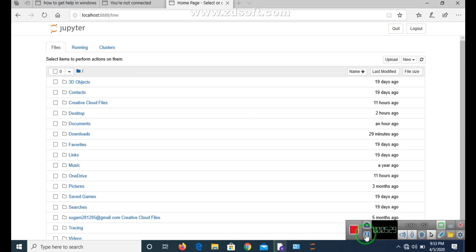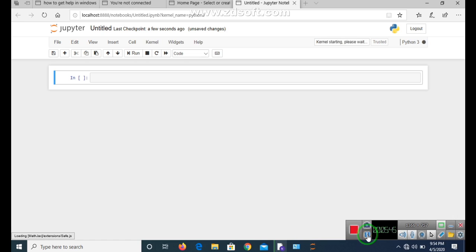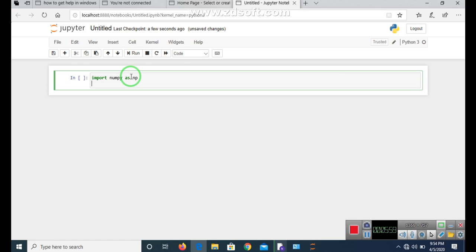This type of window will appear before you in your default browser. Just click on this New button and click on the Python 3 option. This type of window will appear before you. Just write your program here and test your code here.